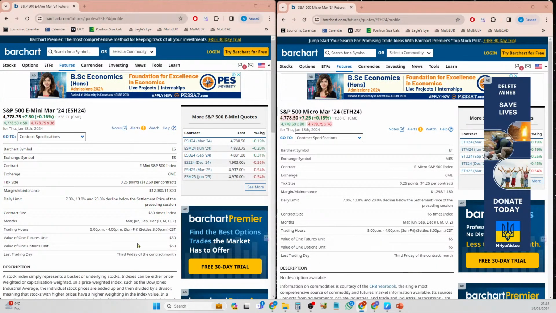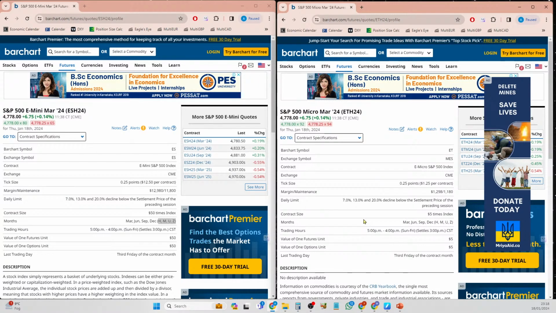So now what we have over here is the information basically about these contracts. So we have covered the contract size. Now the months I have already spoken of. There are 4 months basically for expiry. The first one is March, the second is June, third is September, and then December, and these are the letters associated. It's the same for both micro as well as e-mini, so it doesn't differ.